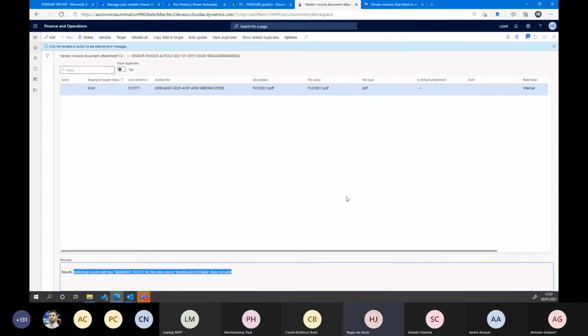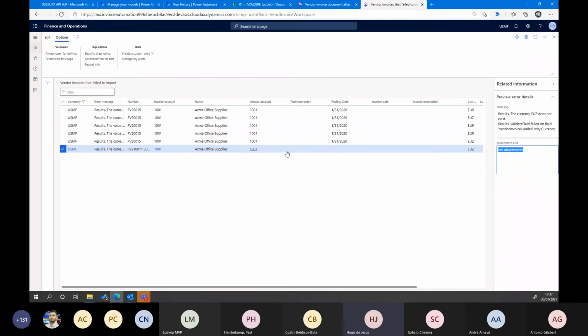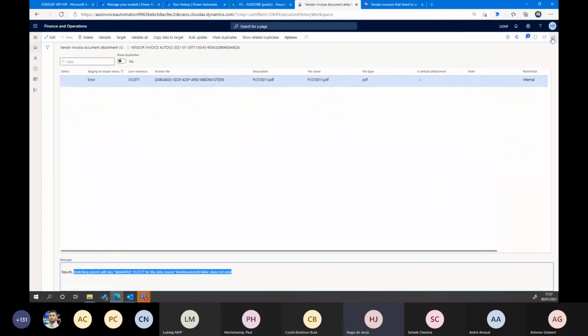Okay, and this is, for me, an error of the documentation. I already reported it to Microsoft, and Microsoft is investigating, but it's the only thing that has an error right now. In this case, as I say, this is the screen with the errors, and go back. Let me show you.